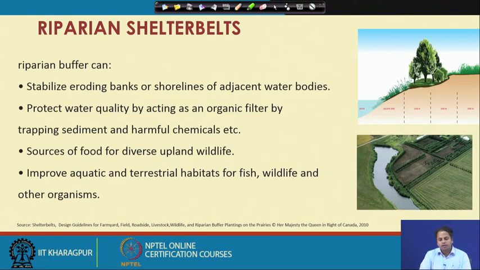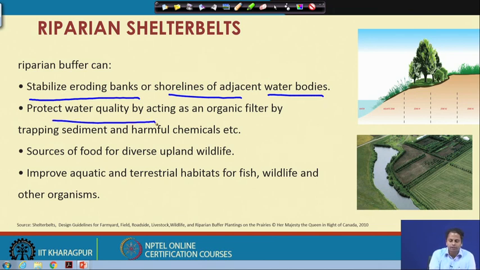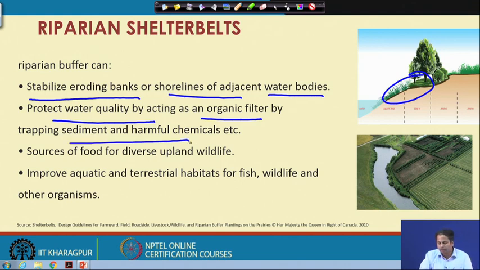So, what are the benefits of this riparian shelter belt? Riparian buffers can stabilize the eroding banks or shorelines of adjacent water bodies. They can protect water quality by acting as an organic filter, trapping sediments and harmful chemicals before they go directly to the water body.